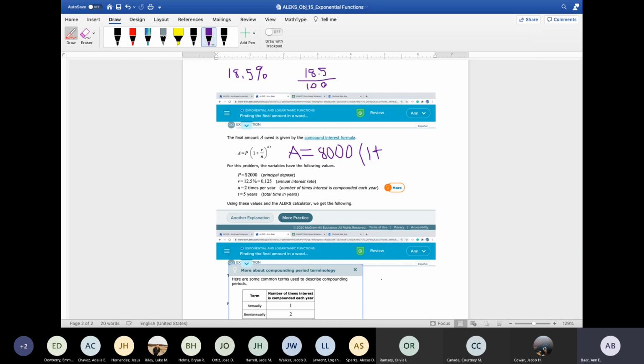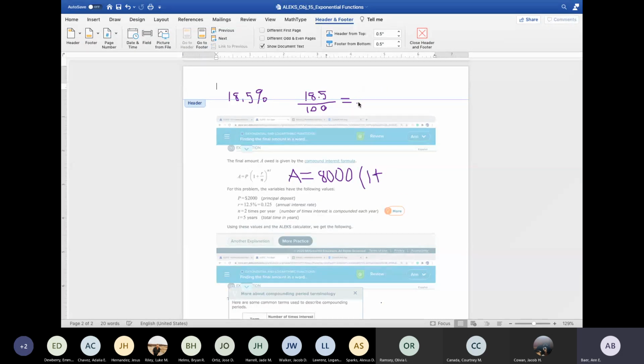So one way to do this problem is to take the